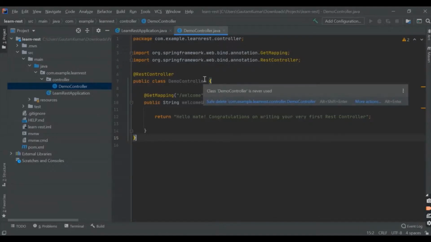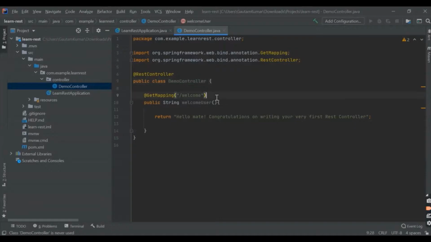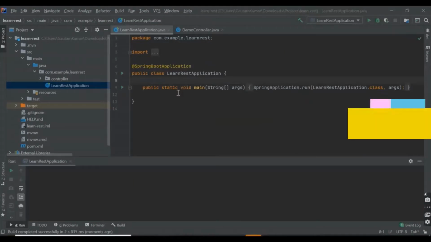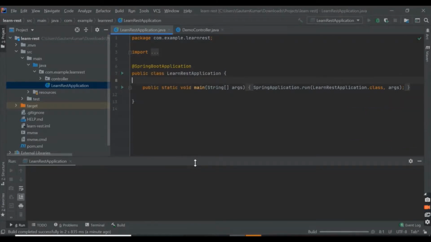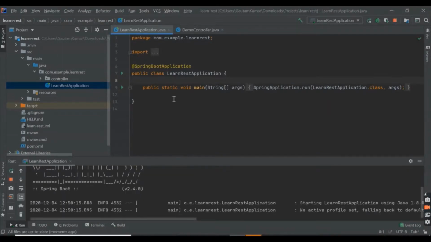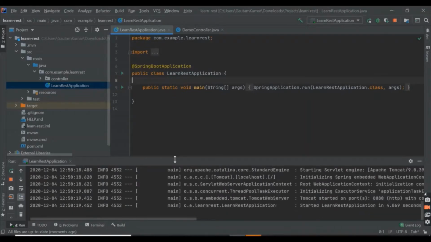So that's it. I think we are already done now. We are done writing our very first, very simple REST controller. Yes, it's that easy with Spring Boot. It's the magic of Spring Boot that within 2 minutes we're able to write a demo controller class. Let's see if it works or not. So let's test this. We'll go inside the main method and click on run. Let's give it a few minutes for the application to run. Once the application starts, we'll hit the URL and see if we get that particular response or not.